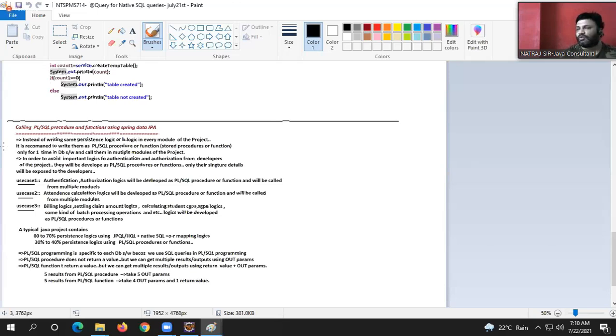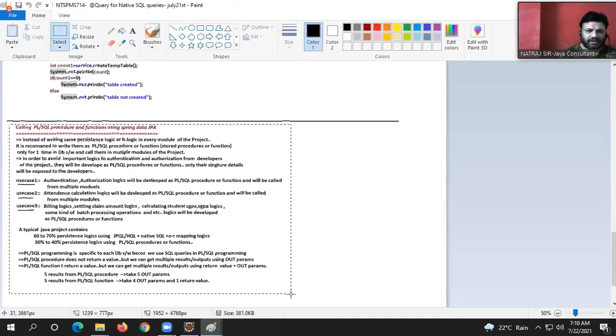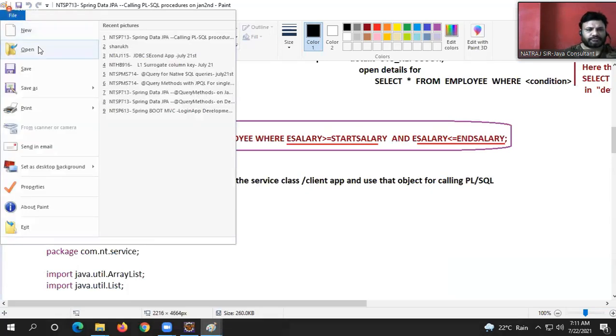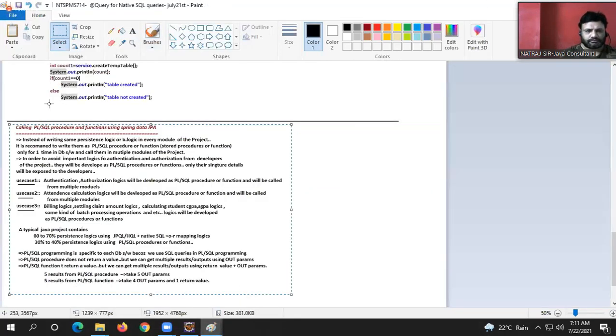So 30 to 40% will be developed with the support of what? Procedures and functions. Spring Data JPA definitely gives built-in support for